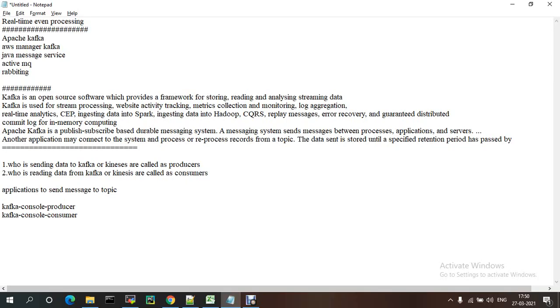Today we are going to discuss event processing tools. Suppose my application wants to send something and needs to get a response, or if some event is going on, I need to get that response.